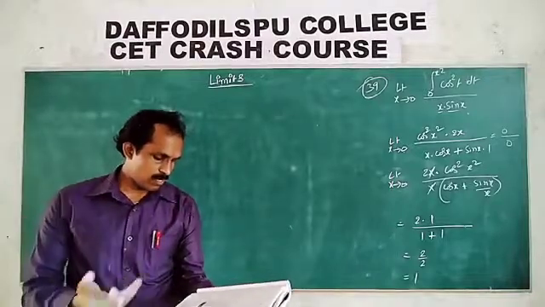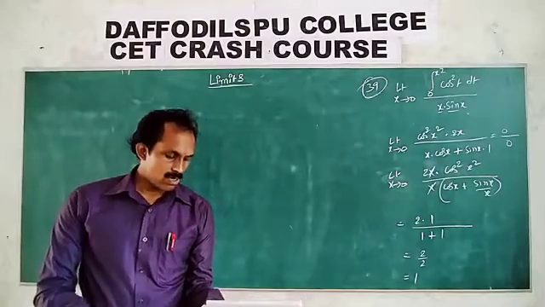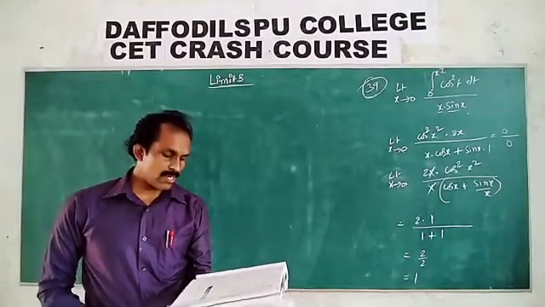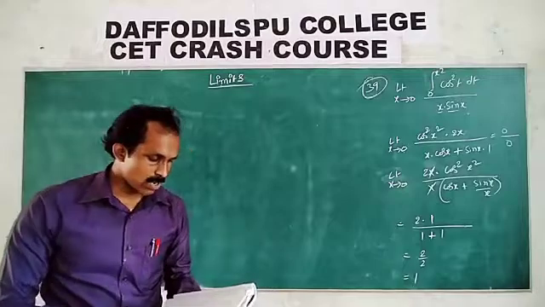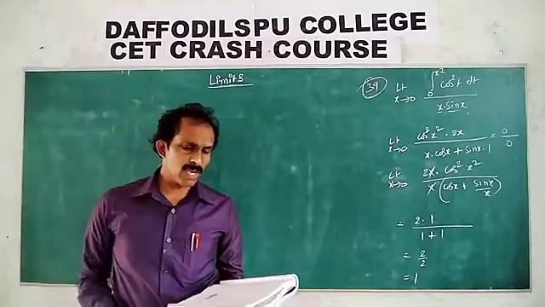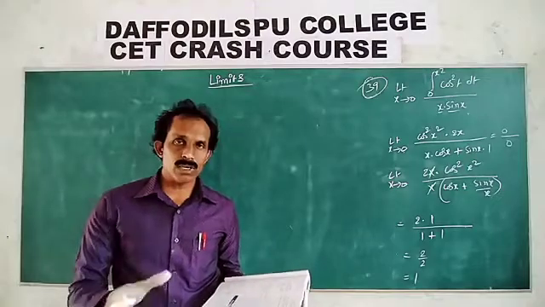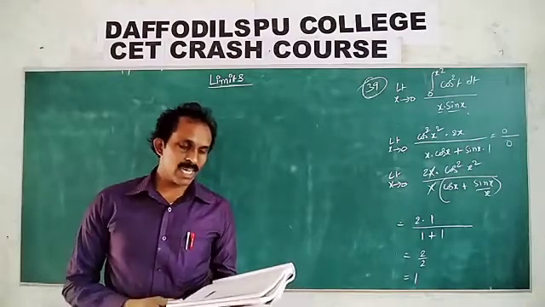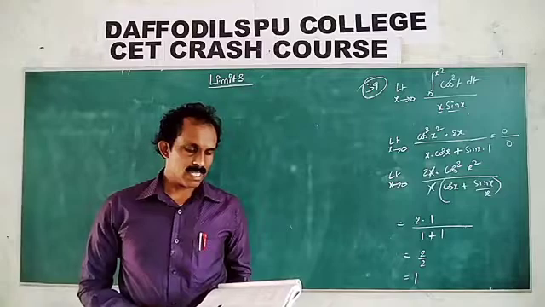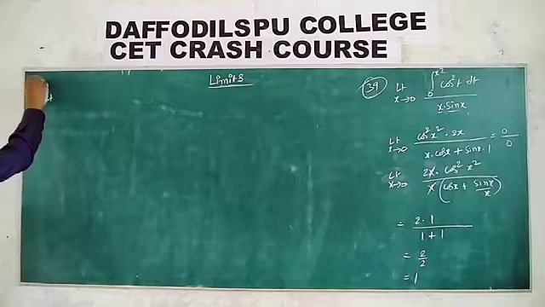You try. Suppose you directly substitute, secant pi by 2 is infinity. So secant can be written as 1 by cos, tan can be written as sin by cos. Take LCM and find, you get the undetermined form. Apply L'Hospital. Right. 41. The graph of the function y is equal to f of x has a unique tangent at a point a comma 0. Tangent means we want slope and the point given, a comma 0, through which the graph passes. The graph passes, then limit x tends to 0.